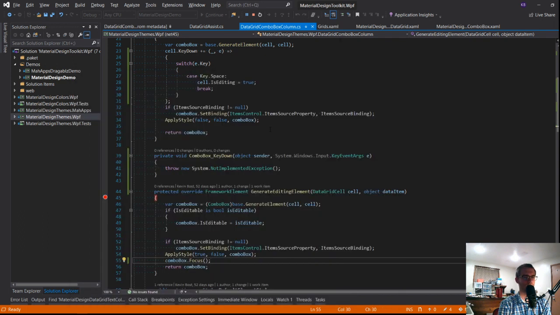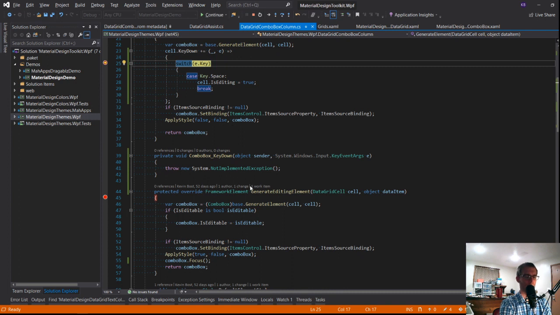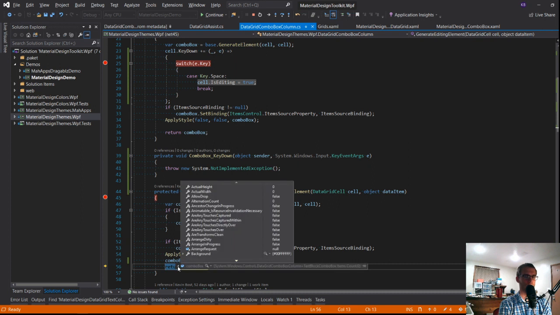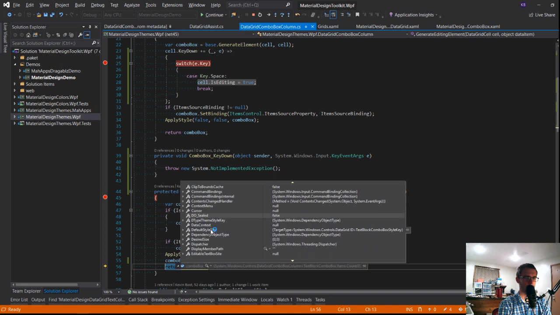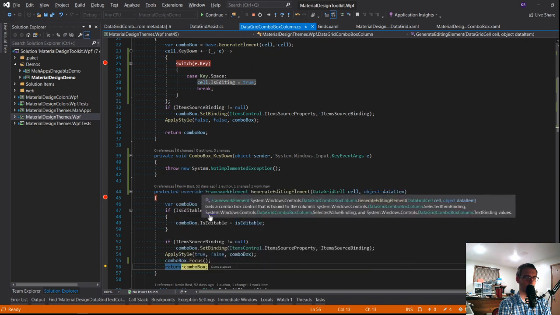So let's just make sure that, yes, in fact, this is doing what we think it is. Spacebar. So let's see. We come in. We set is editing to true. That triggers this callback. It comes in here, grabs it, sets is editable. Great. Combo box. Make a request for focus. Which it's worth noting, the focus method is very much a request. Let's see if it is focused. It is focused.